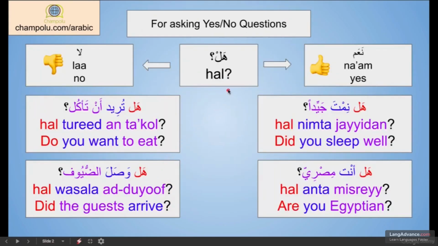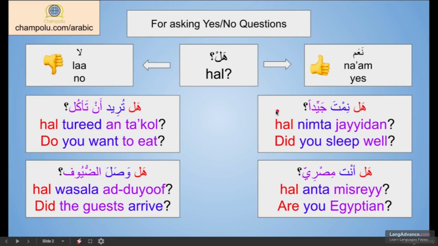So the first one is هل, which forms yes-no questions. So the answer to this question has to be either yes, which in Arabic is نعم, or no, which in Arabic is لا. So for example, we have a question like this: هل نمت جيدا, did you sleep well? So you can say نعم نمت جيدا, or لا لم أنم جيدا, but the answer has to start with